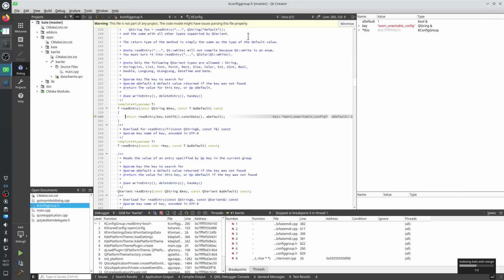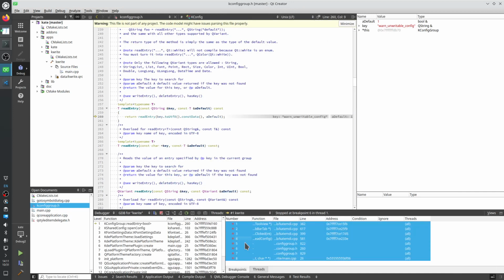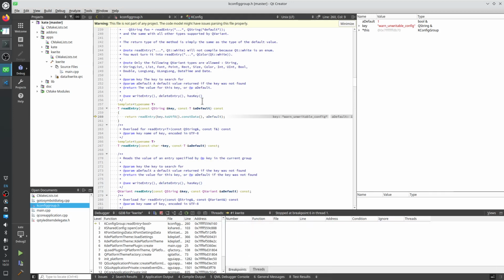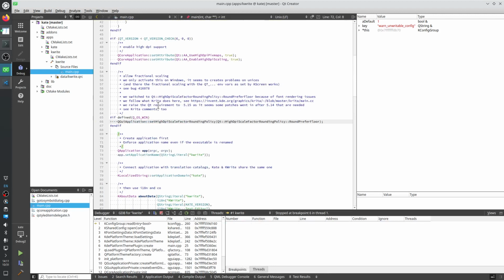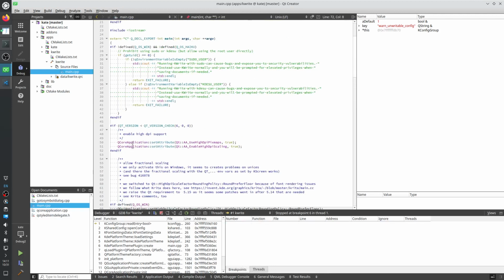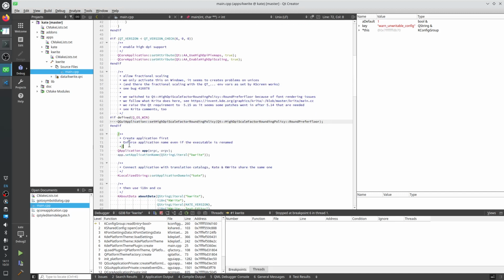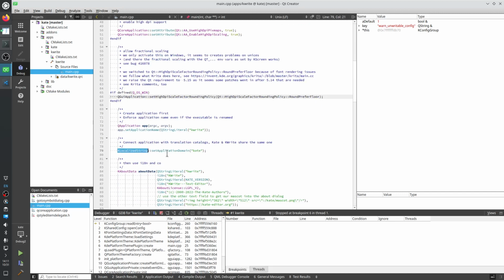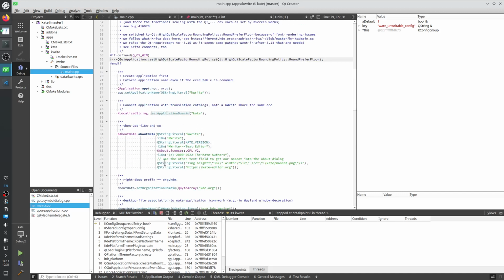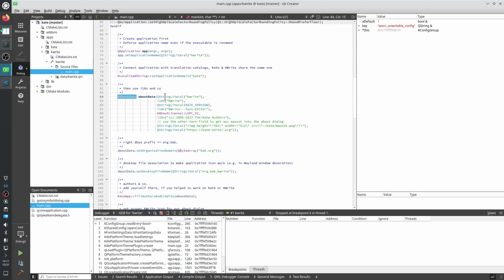Most KDE applications start like this. I have too many breakpoints, let me delete those. They start with a QApplication, a KLocalizedString set application domain, a KAboutData, which populates the help about data, and two command line parameters. When you run kwrite from the command line, you can see,